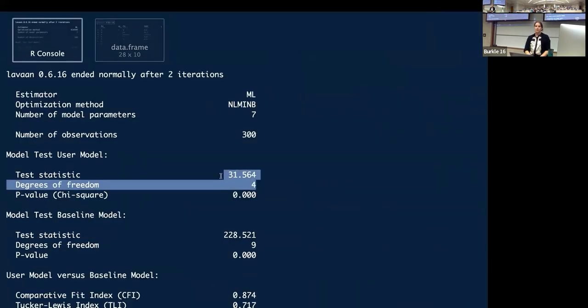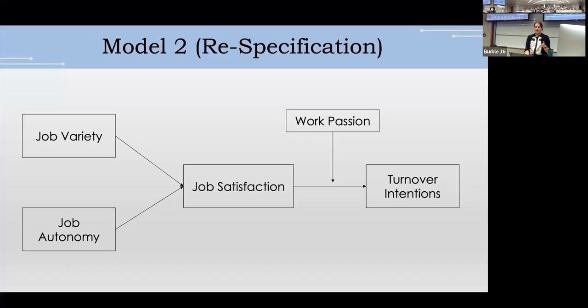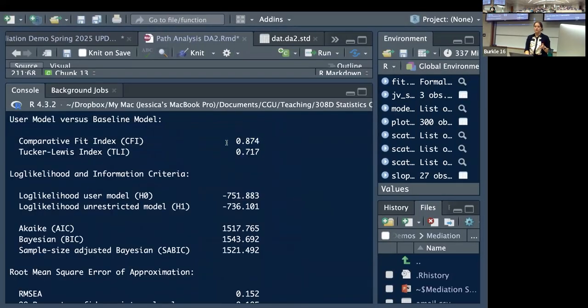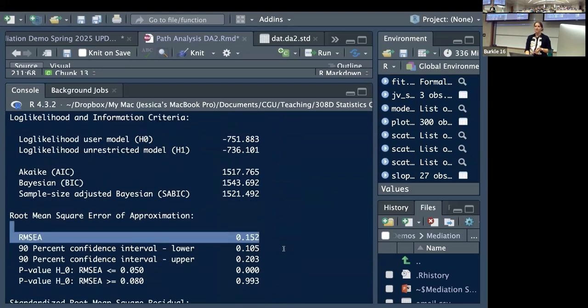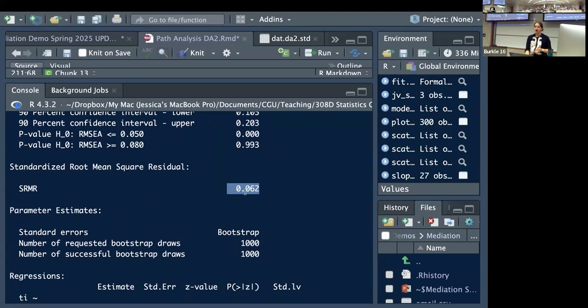And now we have model fit, right? We have model fit because now we have more pieces of information than parameters we're estimating. So we have chi-square 31.56. We've got a TLI of 0.72 and a CFI of 0.87. Not great. We've got an RMSEA of 0.15 and an SRMR of 0.06. Overall, with the exception of this fit statistic, none of them meet the threshold, right? So again, model 2 delivered mediocre fit. With the exception of SRMR equals 0.06, none of the other fit indices met guidelines specified by Schreiber 2017. See table whatever for fit statistics.